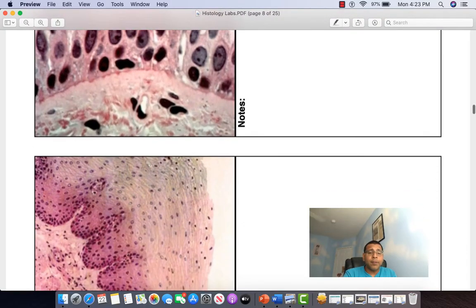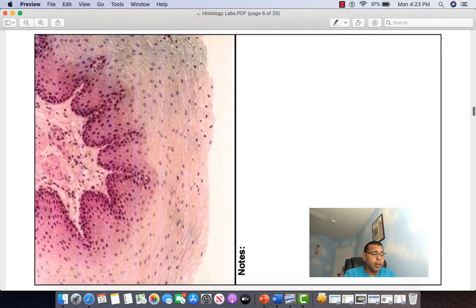Next, then you have stratified squamous epithelium: identification, locations, functions. So the goblet cells we had over there, stratified squamous. So identification, location, functions, and then here you have two types: non-keratinized stratified squamous epithelium is what we're seeing here,